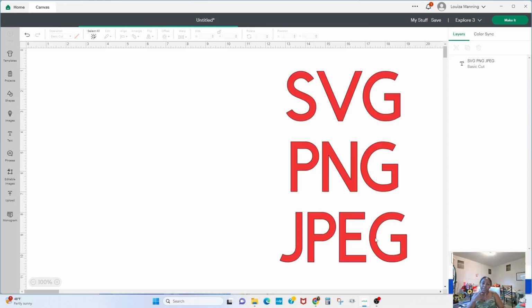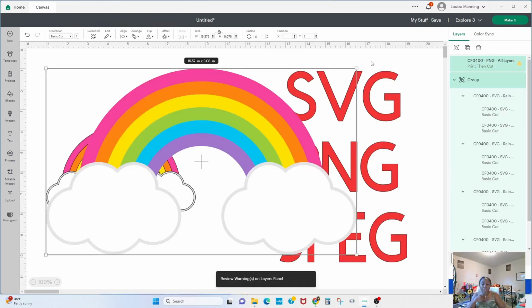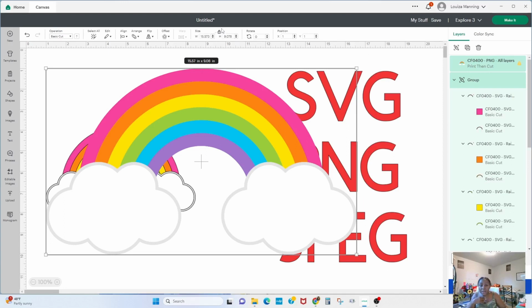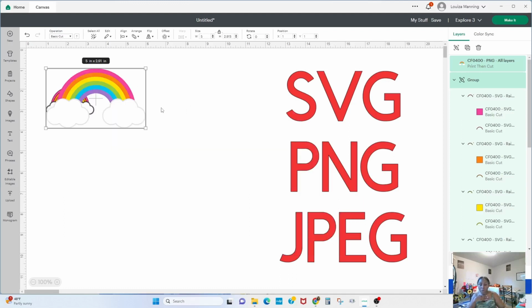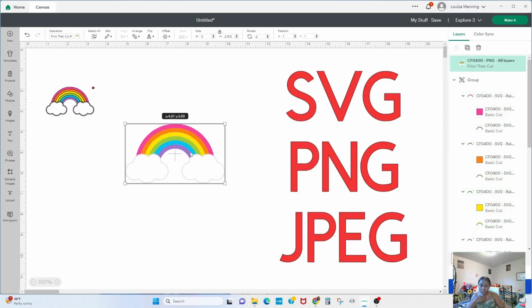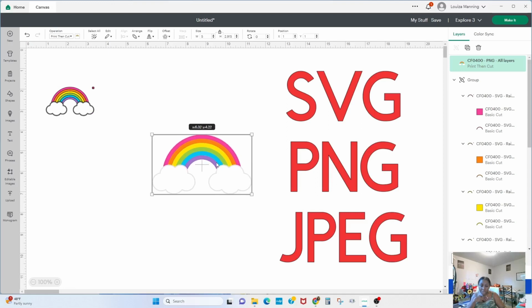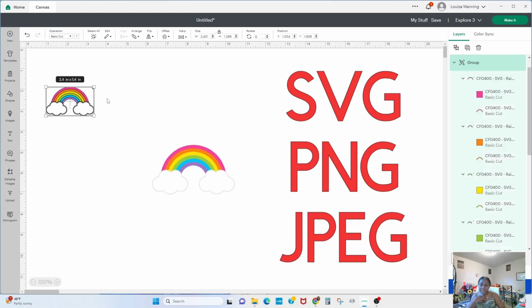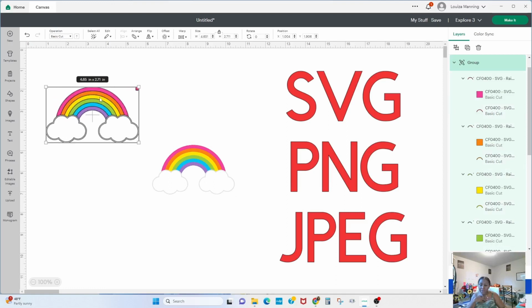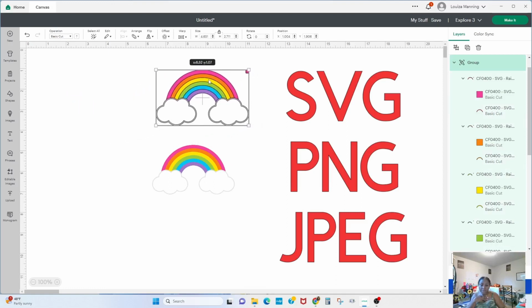And so when you get here, you make sure that this padlock here is locked, and you can change this width to whatever so as to bring down this design so you can work with it. So this is our PNG here. We're gonna put it close to it, and this is our SVG file. We're gonna put it close to it,